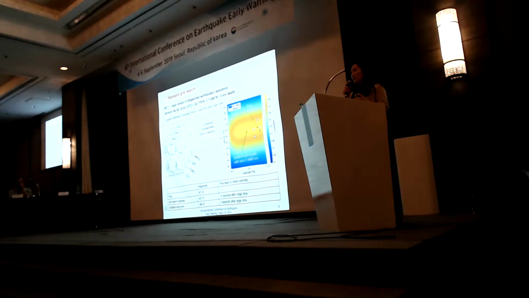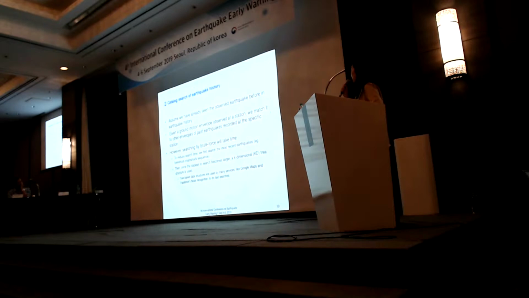So previously I mentioned that the grid search provides more of an average estimate. So how do we provide a check to this? That's why we have the second part of the algorithm, which is the catalog search. We assume that we have already seen the observed earthquake before in our earthquake history. In this other part of the algorithm, we take in a ground motion envelope observed at a station, and we match it to other envelopes of past earthquakes at that very same station. But searching it by brute force will take time, and we want to minimize that